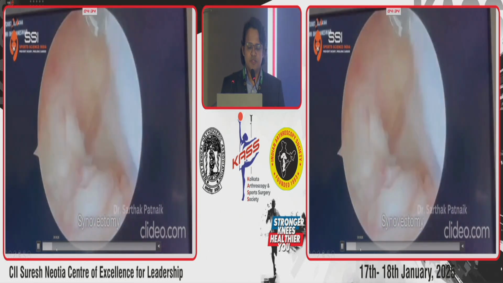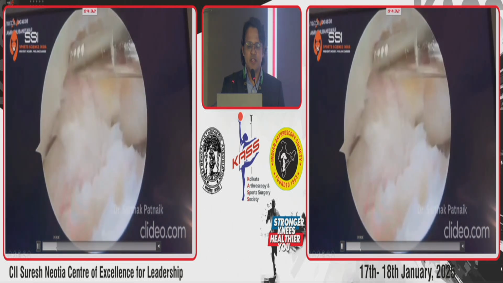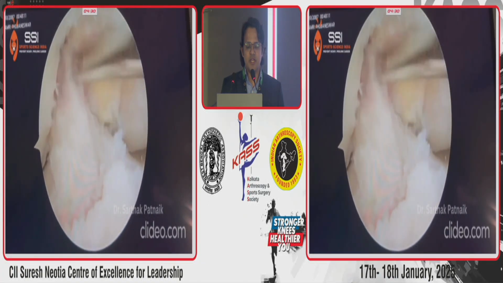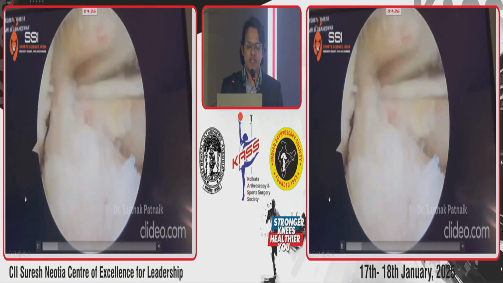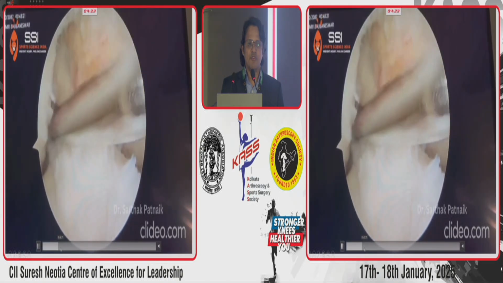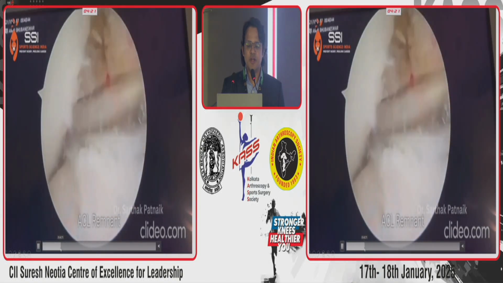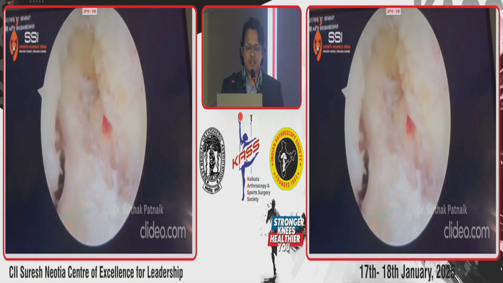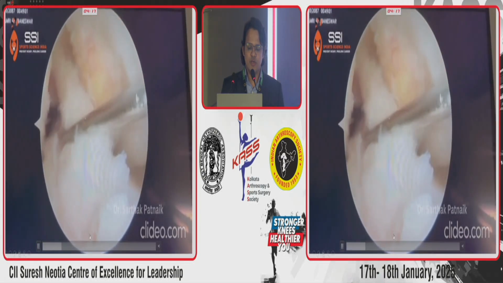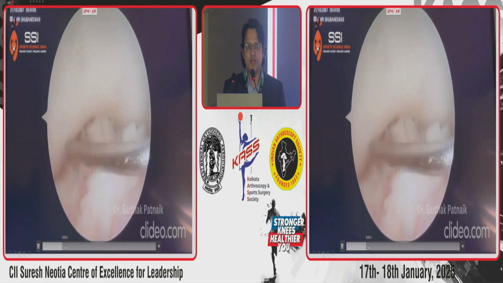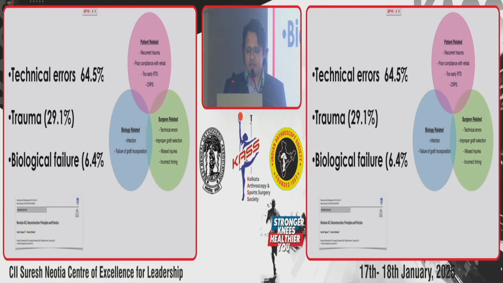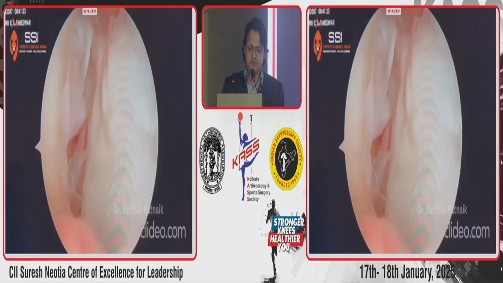Then the synovectomy was done, and the ACL was debrided as much as possible. We read about the remnant ACL, but whether it is really helpful in an already grafted ACL is questionable. So I tried to preserve as much of the ACL as I could, but when I was planning my whole preparation, I thought: